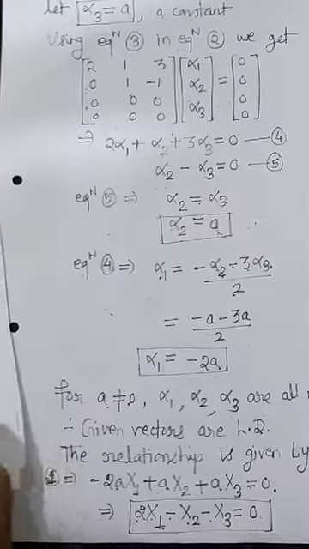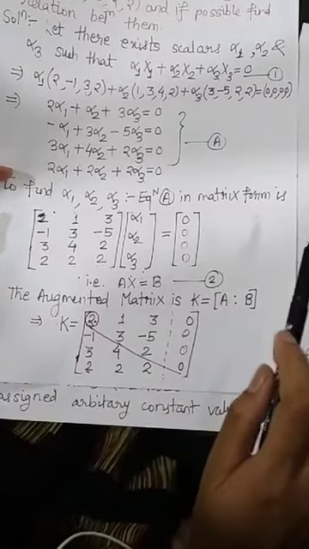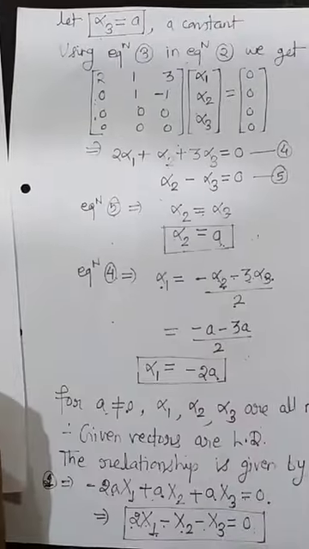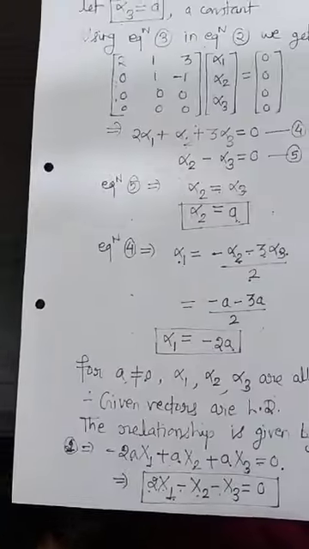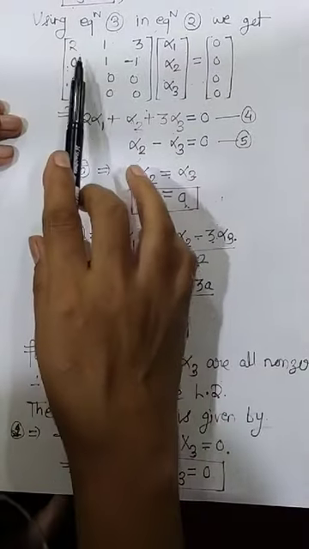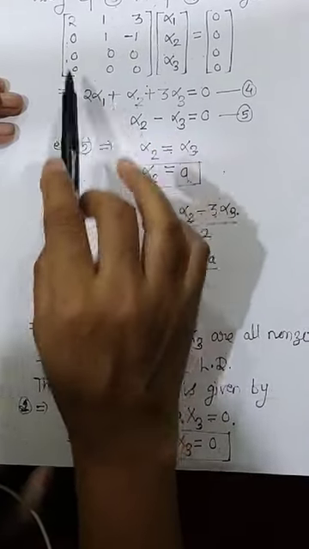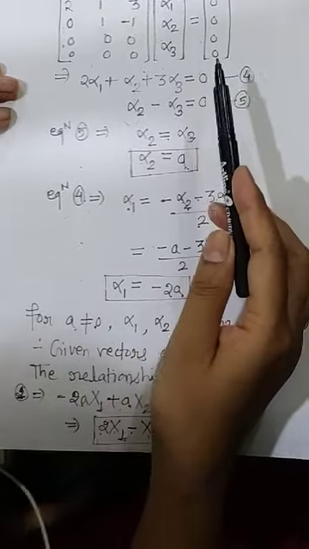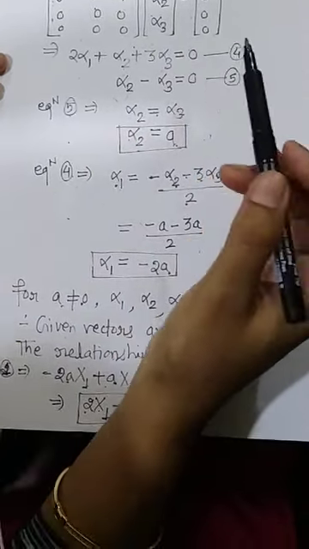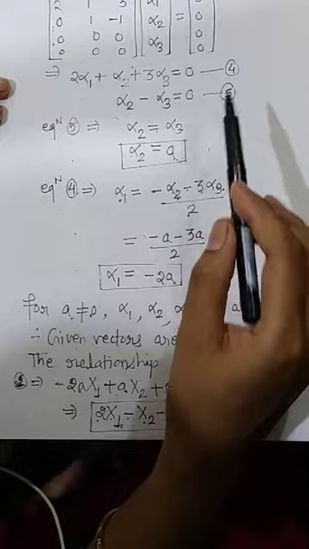Now using this upper triangular form of the matrix in equation number 2, the last column is B and the remaining part of this will be A. So that we have written over here. Now multiply these two matrices. So we have 2 alpha 1 plus alpha 2 plus 3 alpha 3 equal to 0. The next one is 0 alpha 1 plus alpha 2 minus alpha 3 equal to 0. The next ones will give you 0 equal to 0 and again 0 equal to 0, which will not be useful for simplification, so we shall not write those. We will write only two equations, equations 4 and 5.